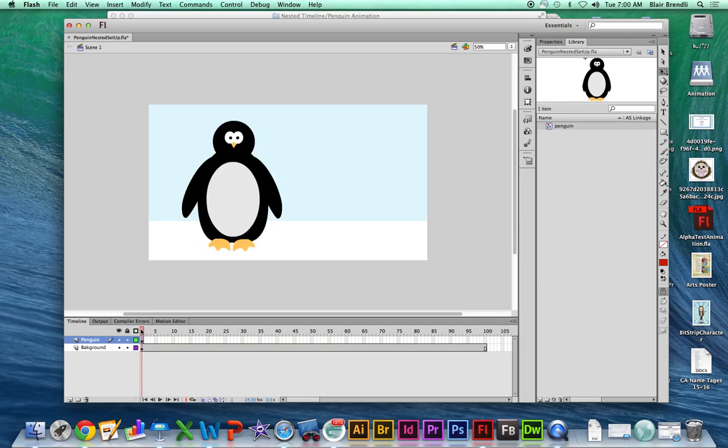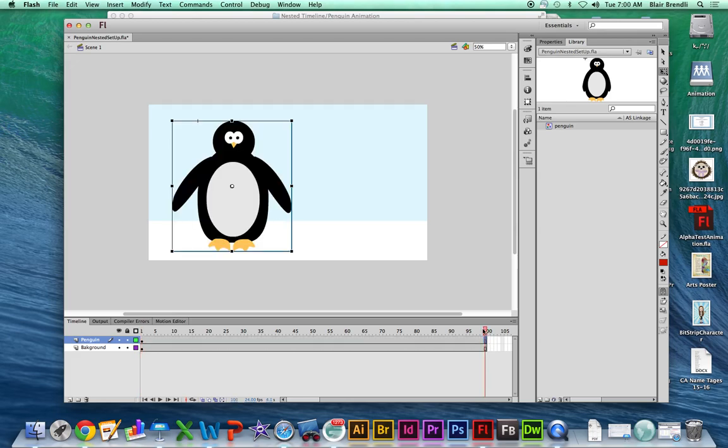I'm going to go into the scene, and you can see the penguin disappears after 1 frame. That's because I need to extend it, just like I've done with my background. I'm going to extend it, F5, to frame 100. And you'll see the cool thing about animating in a nested timeline, or the symbol timeline, is that it will keep looping that animation over and over and over,